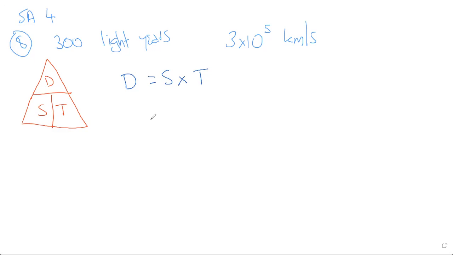Now, the first thing I need to do is have a think about turning 300 light years into seconds, right? This is years versus seconds. So I'm going to have to do some work here. I've got 300. I'm going to have to times that by 365 days in a year, by 24 hours in a day, by 60 minutes in an hour, by 60 seconds in a minute. And that is going to give me